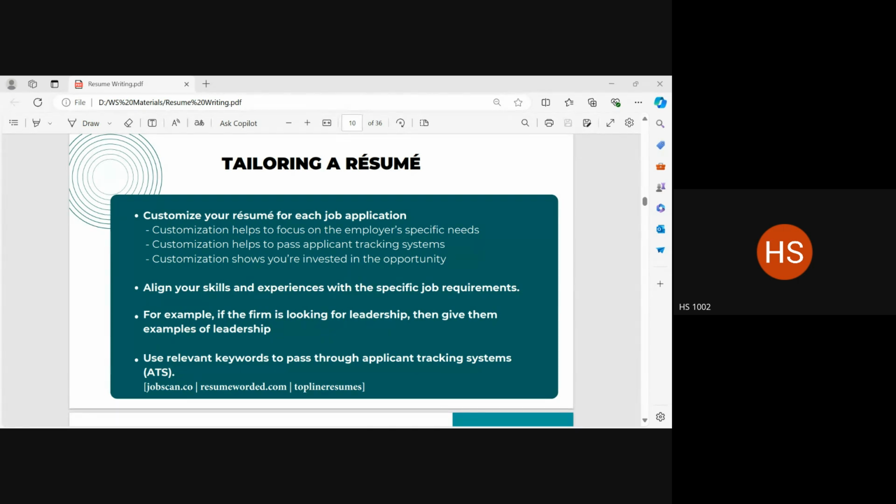If, for example, the firm is looking for leadership skills, then you list out examples of leadership skills or leadership experiences, leadership positions that you've handled in your resume. Using relevant keywords can help you pass through ATS or applicant tracking systems.